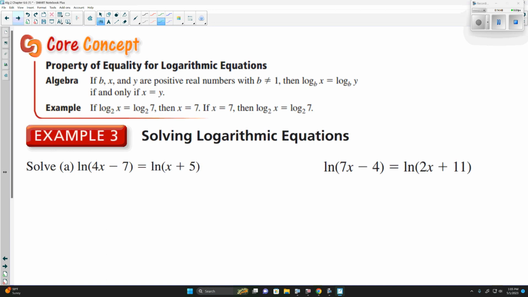If b, x, and y are positive real numbers with b different than 0, then log base b of x is equal to log base b of y if and only if x is equal to y. If the logs are the same, then what's inside the logs has to be equal as well. So if we look at the first one here,